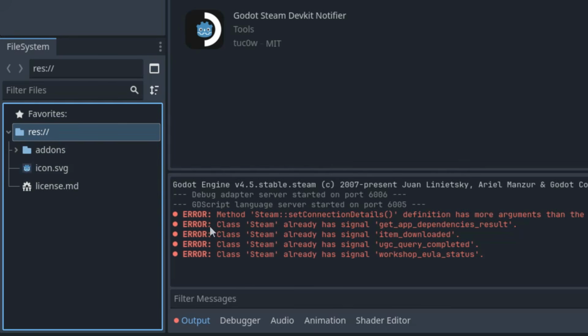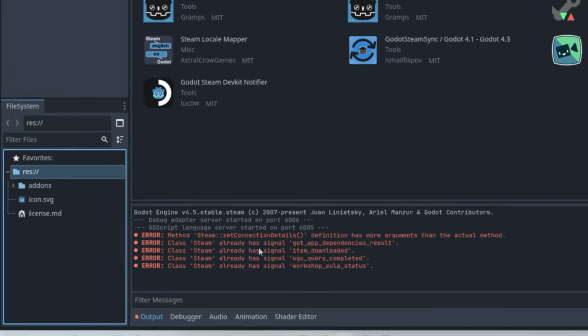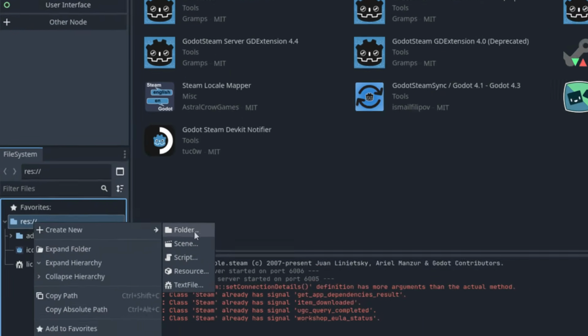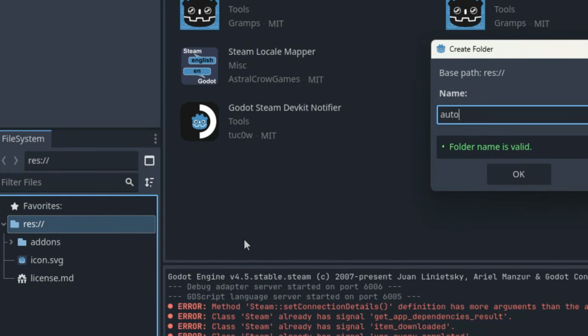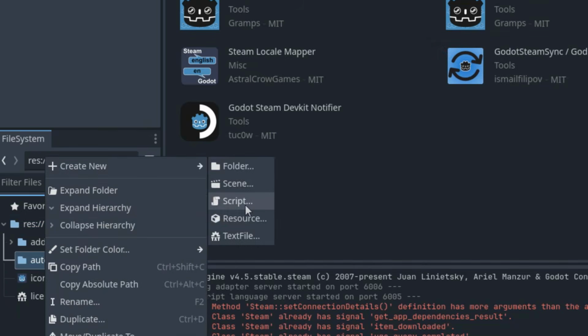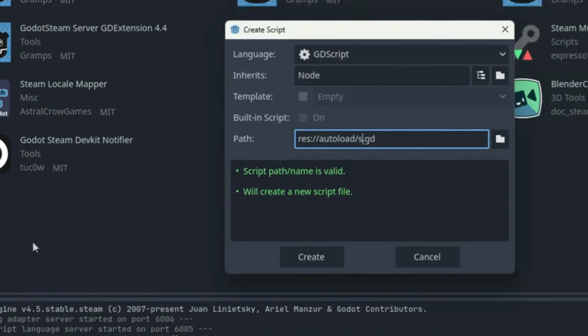So what's next? This isn't a plugin, so we don't need to activate it in the project settings, and we can immediately work with the Steam class, which is the entry point for all the necessary functions. And because we'll want to use the Steam API in various parts of our game project, I'll create an autoload script and call it SteamManager. So let's do it here: right-clicking, create new folder, call it autoload, and right-clicking the folder, create new script, and as I said, we'll call it